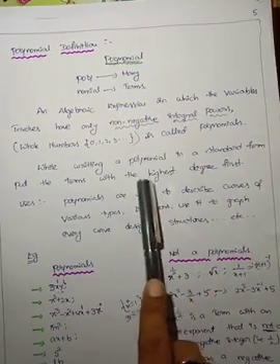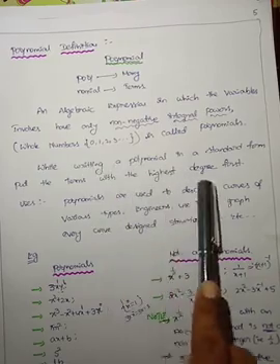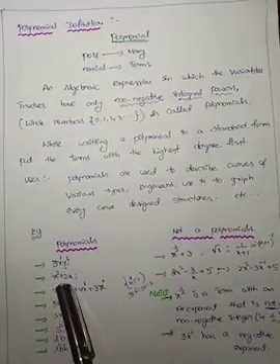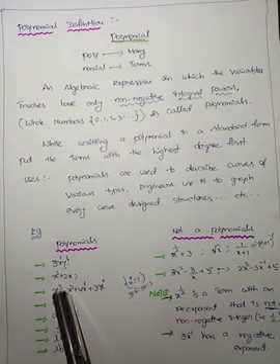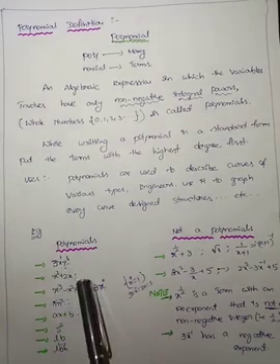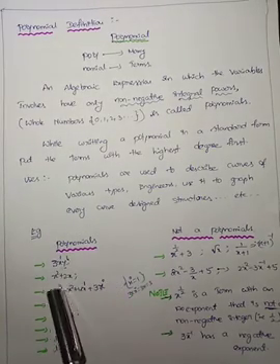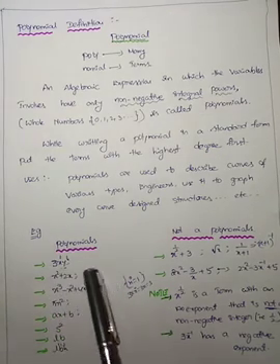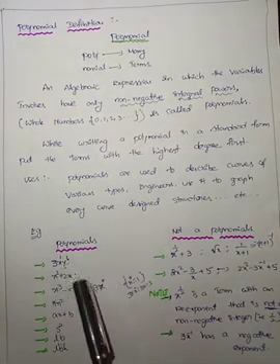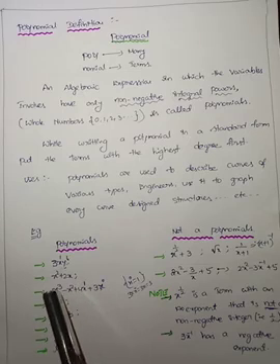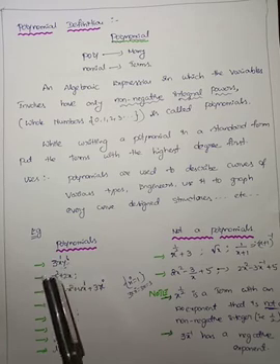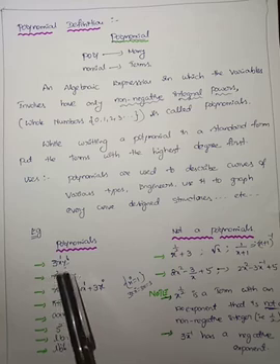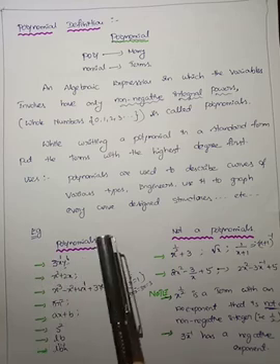After that, decreasing powers. Here you have to see x cube, x square, 4x power 1, 3x power 0. The degrees are 3, 2, 1, 0. So when writing the polynomial in standard form, we write the terms with the highest degree first. X square plus 2x, the degree of x square is 2 and the degree of 2x is 1. Highest degree term is first. After that, decreasing degrees.